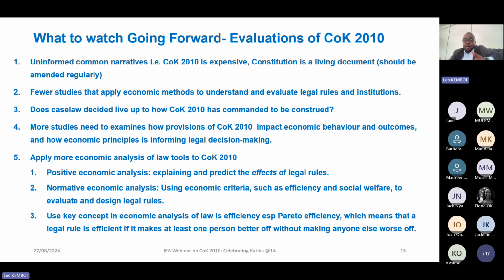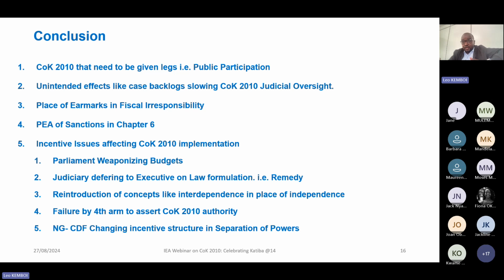And that's why we're recommending that some of the things is to apply economic analysis of law tools, positive economic analysis, normative economic analysis, using now economic criteria such as Pareto efficiency to examine this at a closer level. Now, in conclusion, as I wind up,